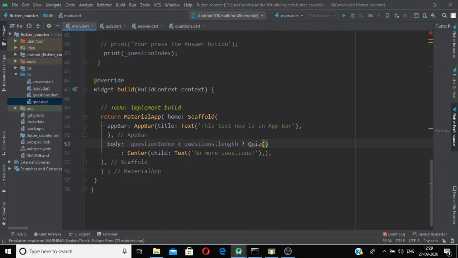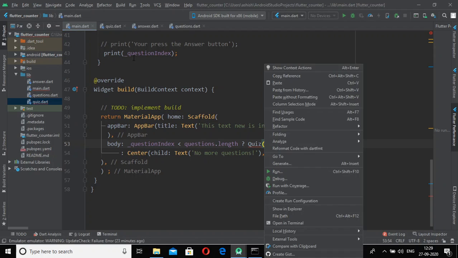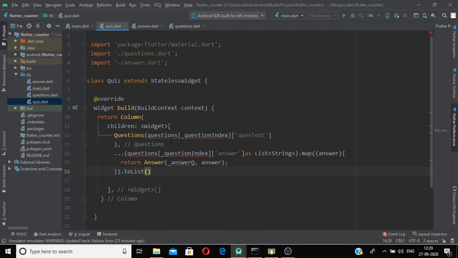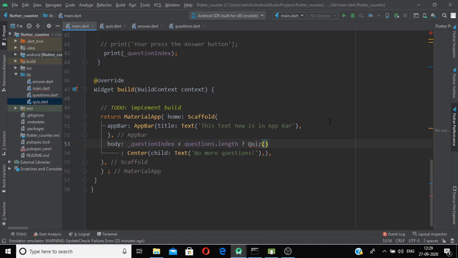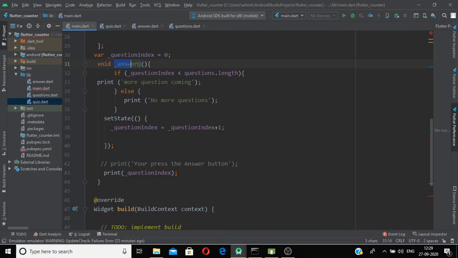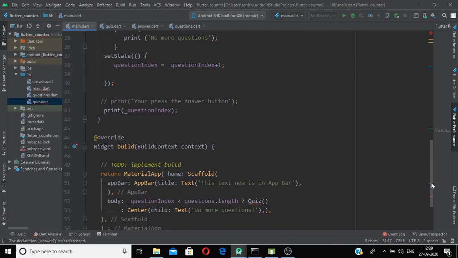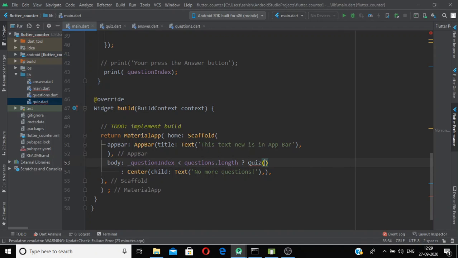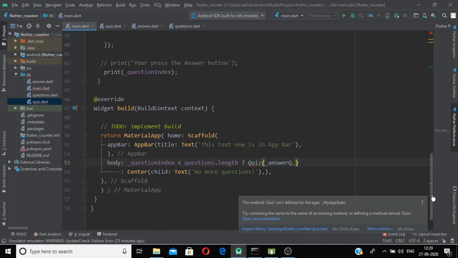So our quiz dot needs arguments, and what type of arguments for that, we go here, we need our question and pointer to the answer question. So we will pass these arguments here. First we need to pass the pointer to this method, and the second one is the questions.